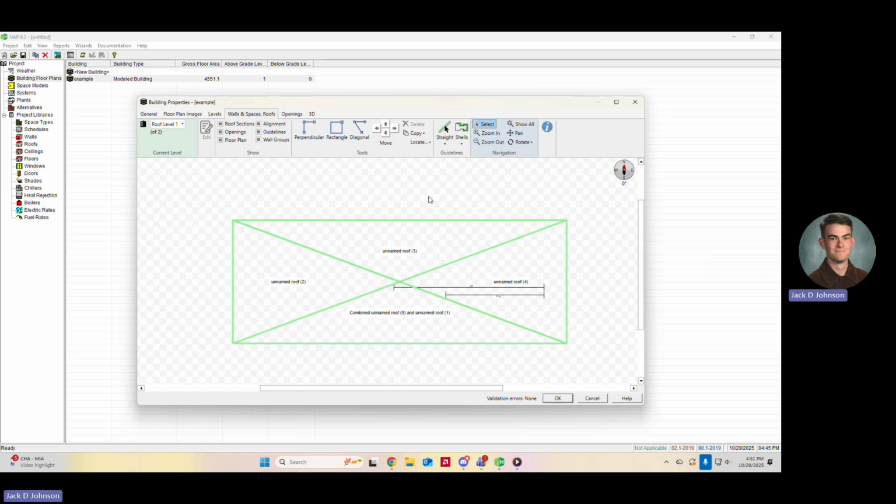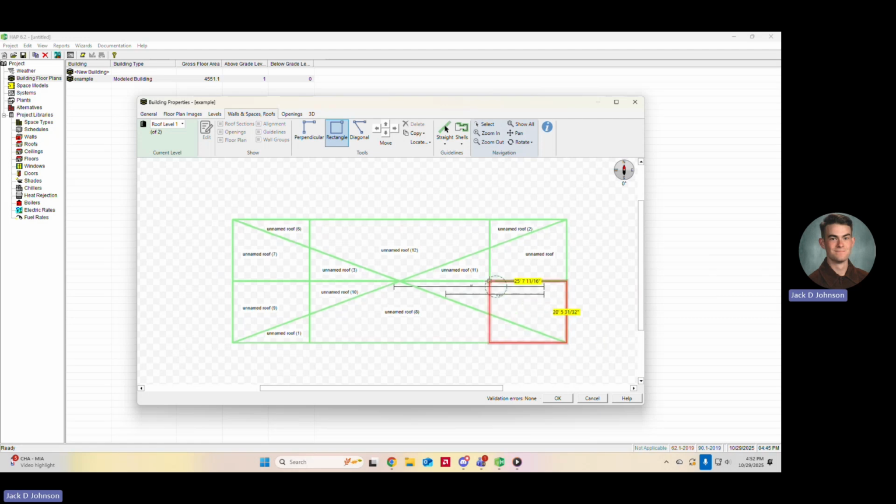Pretty much use whatever method you want to for that. But I'm gonna do a perpendicular because that will 90 these off, which is what I would like. And now I'm going to make a rectangle and get that to 25, 6, see if I can do that again. Close enough. Anyway, you're gonna make rectangles, and then you're gonna delete all of these accompanying lines